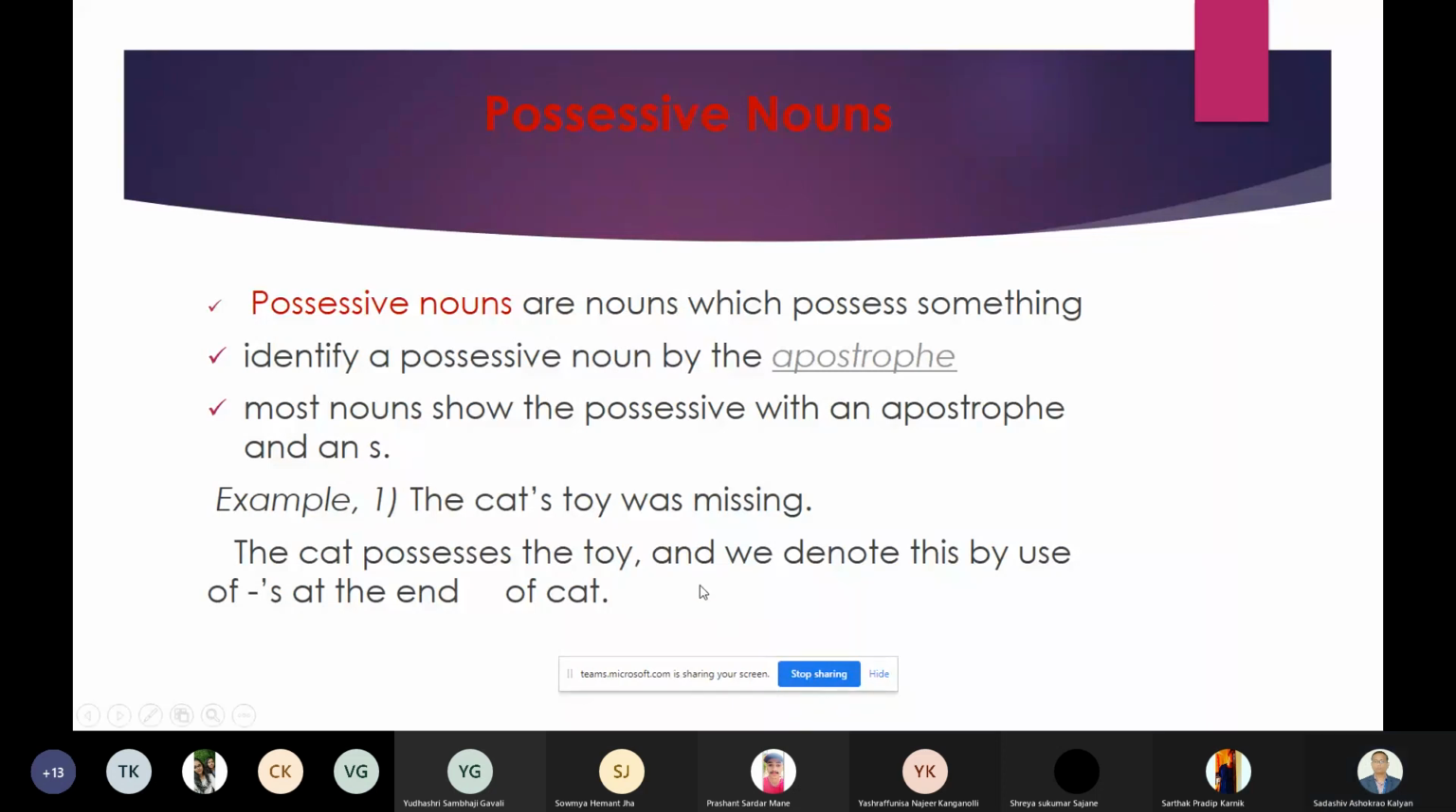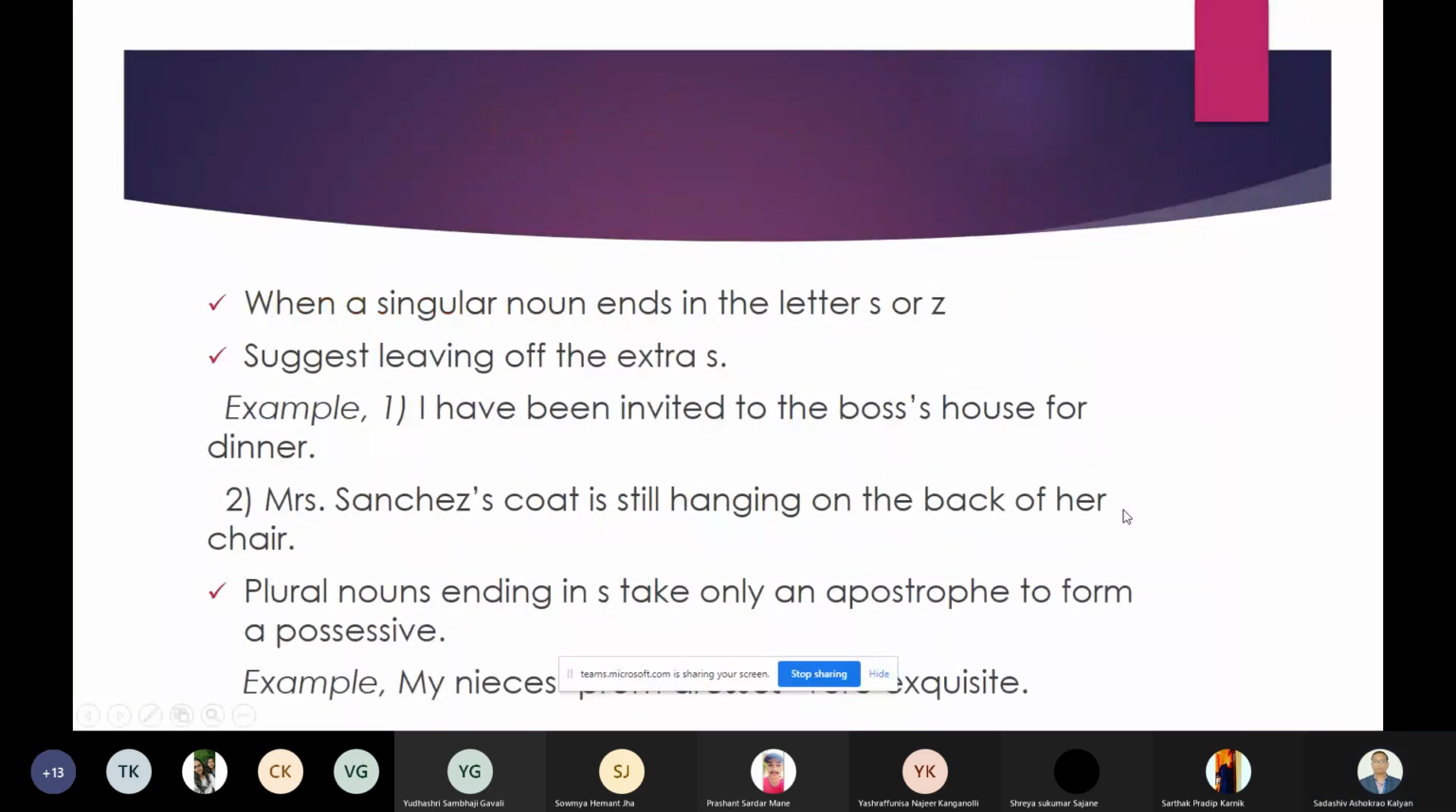My friend's friend, we say my friend's friend. In this example also we can call it a possessive noun. My father's friend. So, related to the possessive nouns,